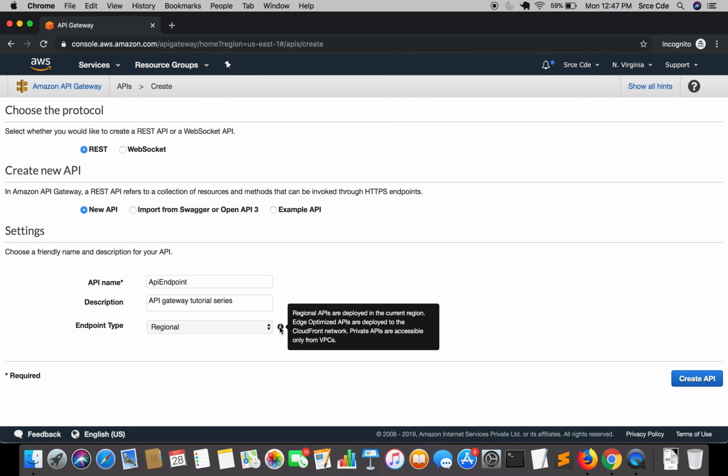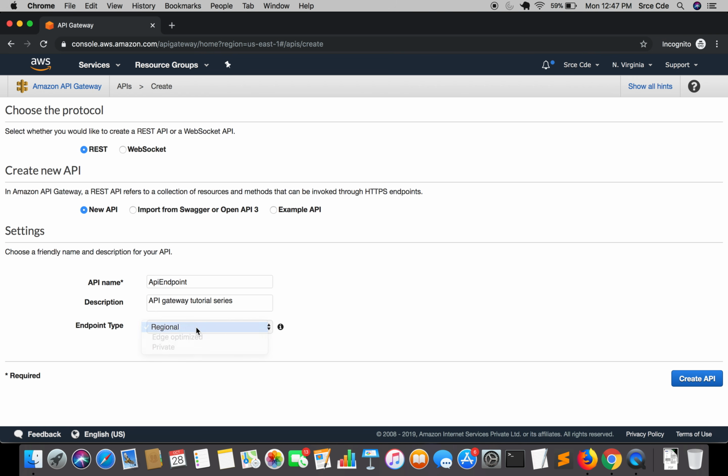The second option is edge optimized. Edge optimized APIs are deployed to the CloudFront network. Earlier, edge optimized was selected by default. Then we have private. Private APIs are accessible only from VPCs. Here I'm going to select regional, and say create API.